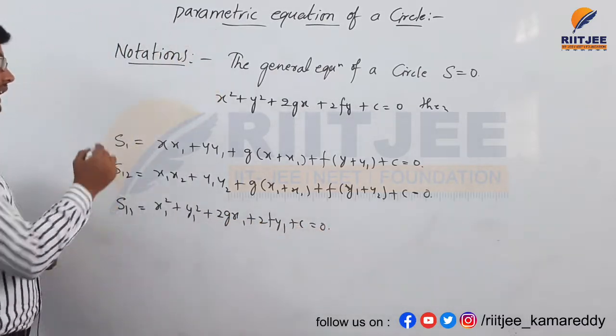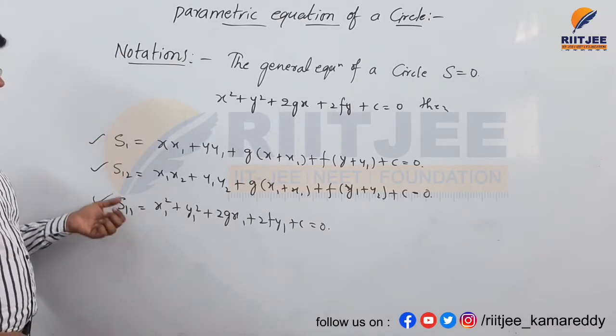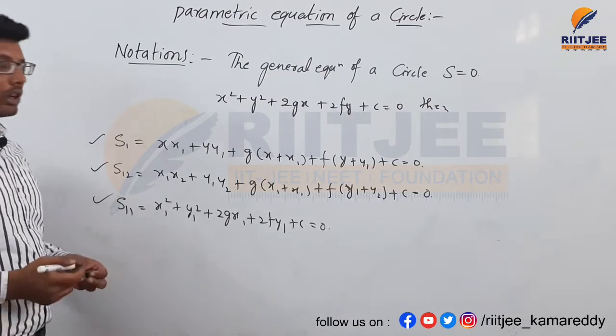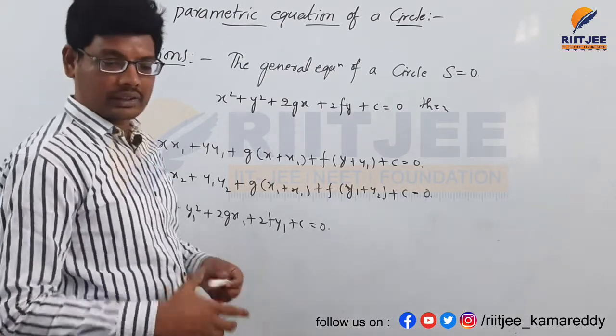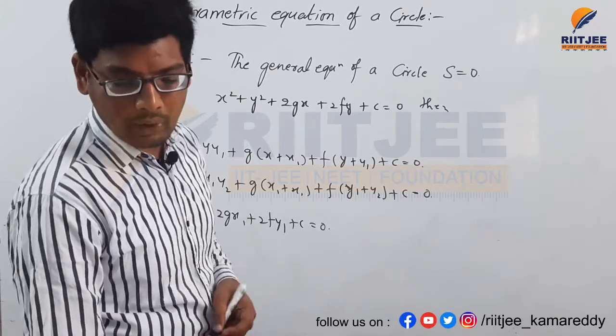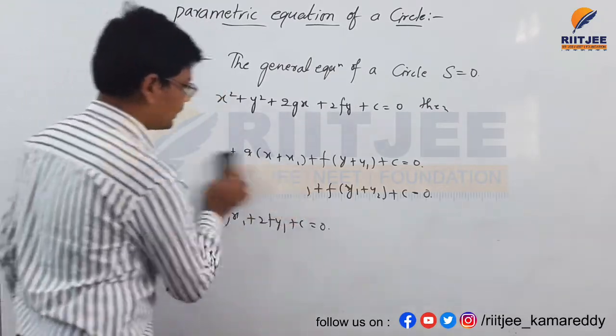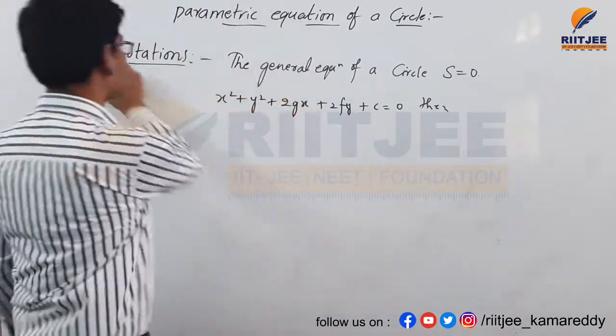These are the 3 types of equations. This is all about the types of circles here, and the next topic is position of a point with respect to the circle. Position of a point with respect to a circle, and the next topic is